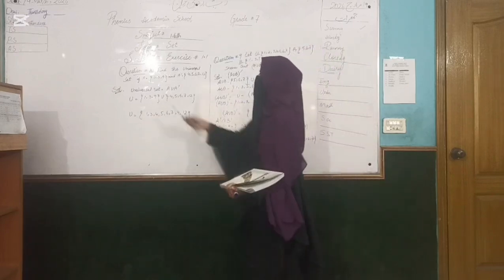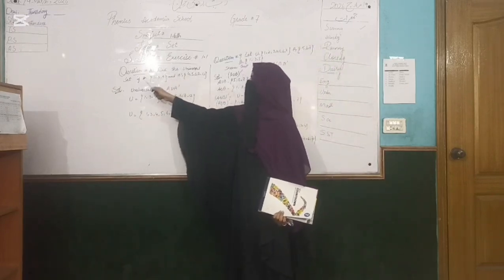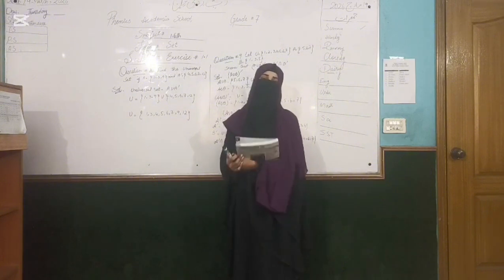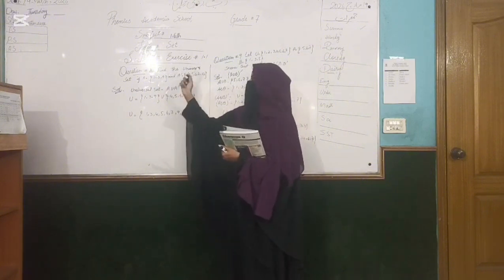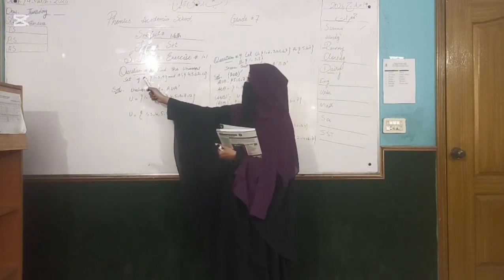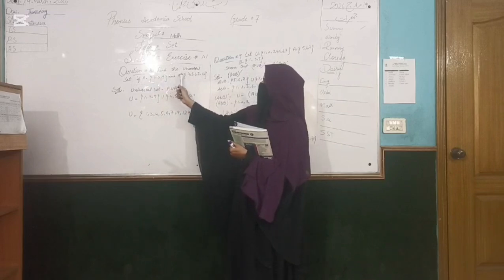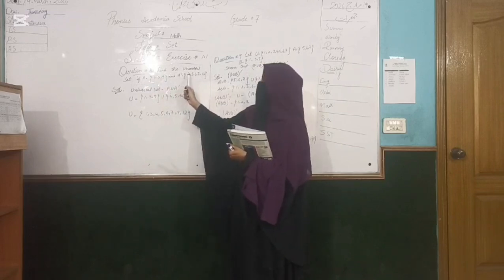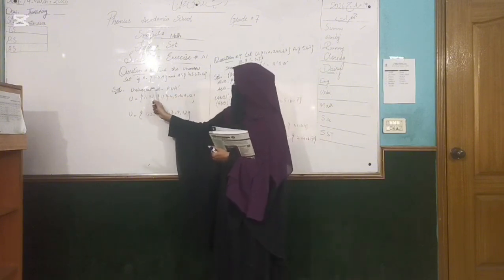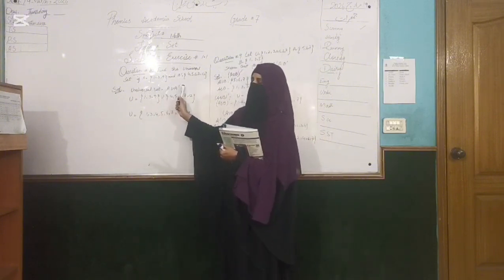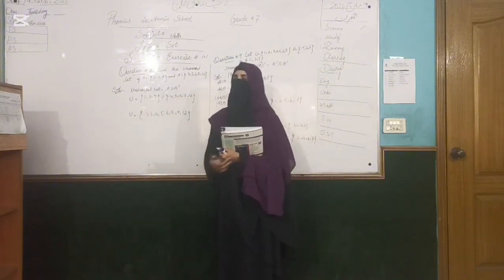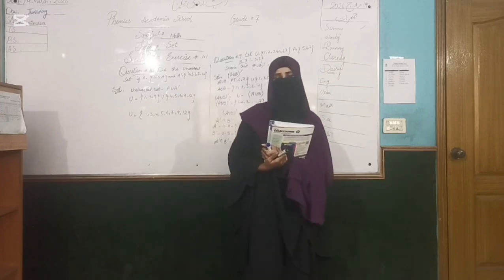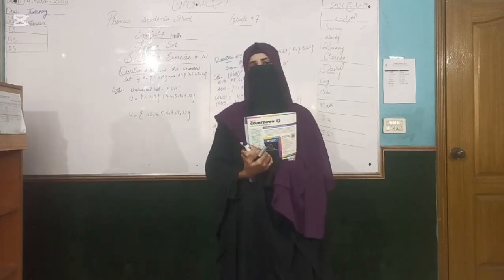So students, question number 8 is find the universal set. You know the universal set stands for U. Universal set U, if A is equal to {1, 3, 9} and A universal is equal to {4, 5, 6, 7, 12}. Universal set is equal to A union A universal. When you have to find the universal set U, you have to take the union of these sets.